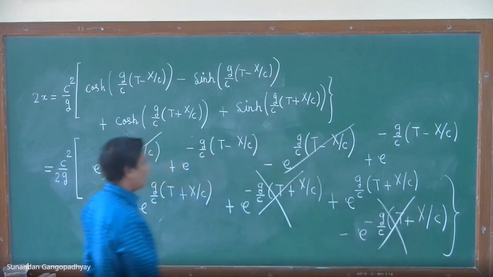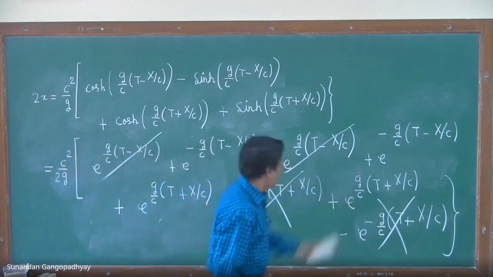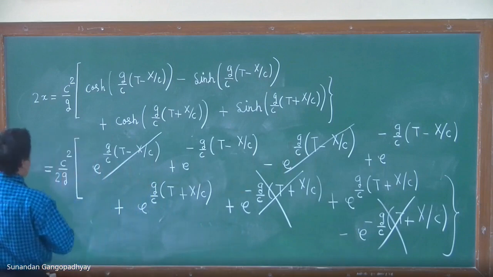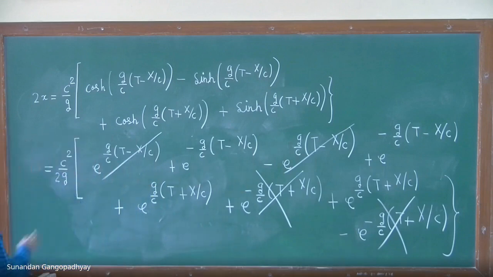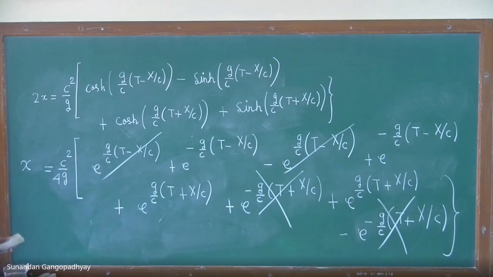So this cancels. So how many terms are there, Ashish? So you have 1, 2, 3, 4 terms. And what we can do further is that we can write this x divided by another 2, so this will be 4. Okay? And now what we can do from here,